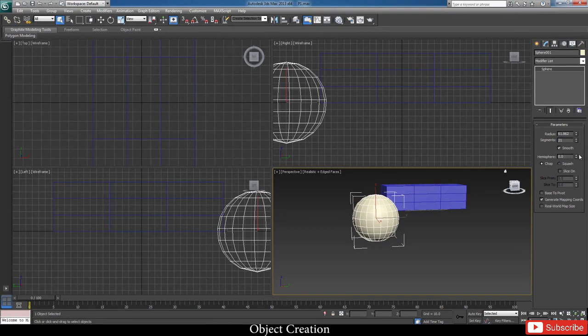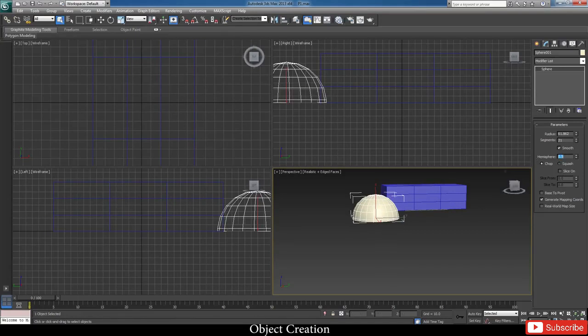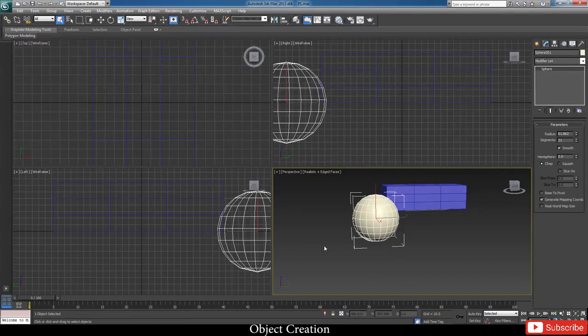In the hemisphere, if you want a half sphere, you can do this. 1 means completely gone. 0.5 would mean 50% of your sphere, that is a proper hemisphere. And 0 means a full sphere. These are the 3 things that you can do here.